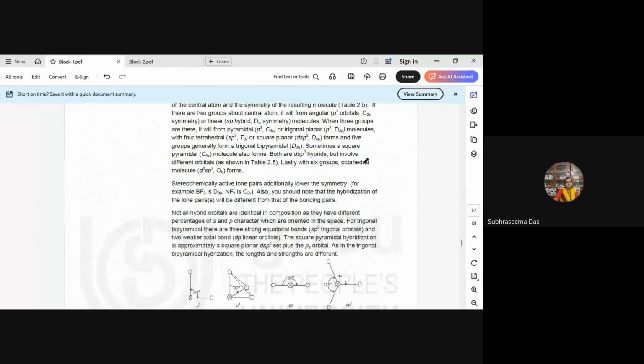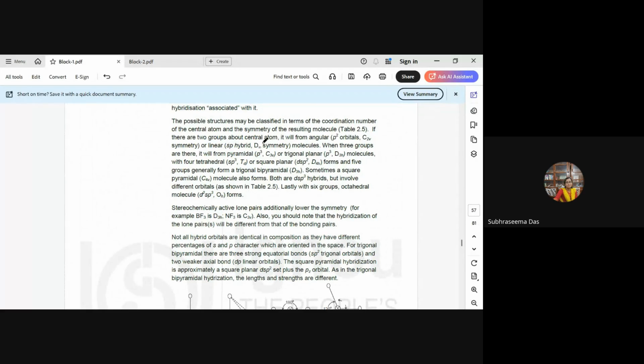resulting molecule. So here, if there are two groups about a central atom, it will form angular or linear molecules. When three groups are there, it will form pyramidal or trigonal planar molecules. When four groups are there, it will form tetrahedral or square planar. And five groups generally form trigonal bipyramidal, that is TBP, or sometimes square pyramidal, or both. But with six groups, we know it forms octahedral, that is d2sp3